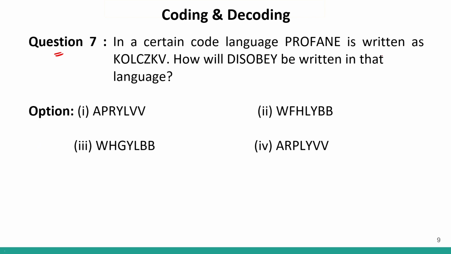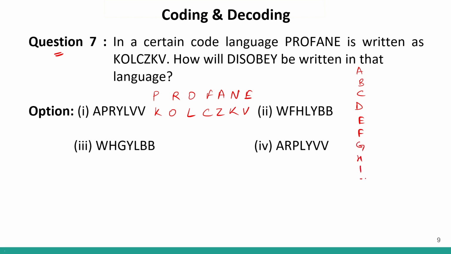Question number 7. Profane is written like this. We have to find the code for disobey. So PROFANE is written as KOLCZKV. Correct? Just by looking at this, okay, if you remember the opposite letters, A, B, C, D, E, F,